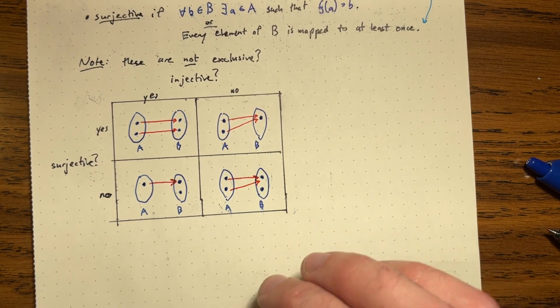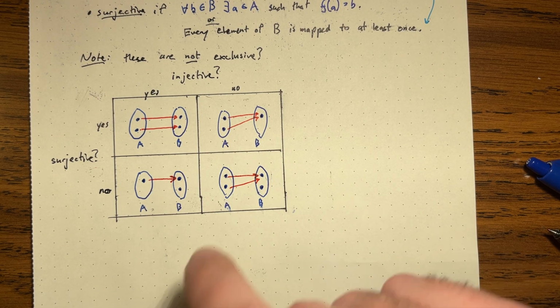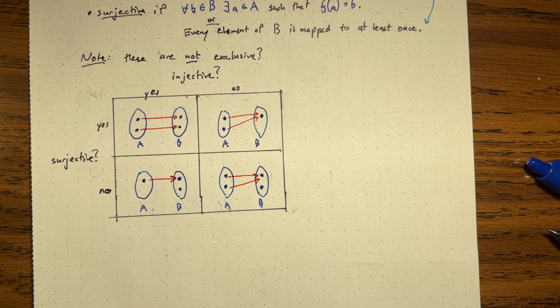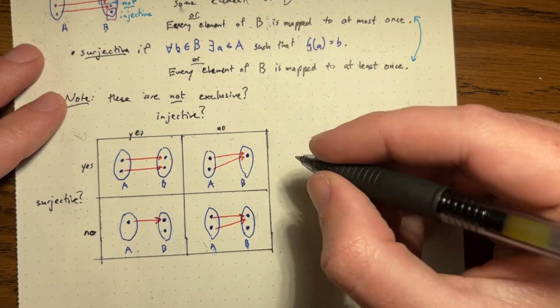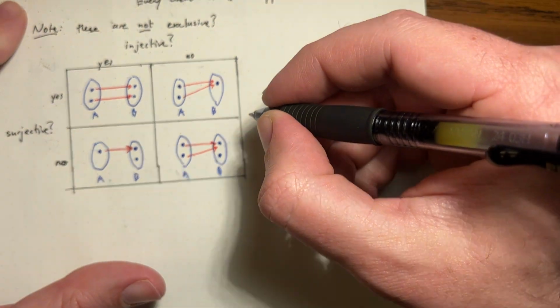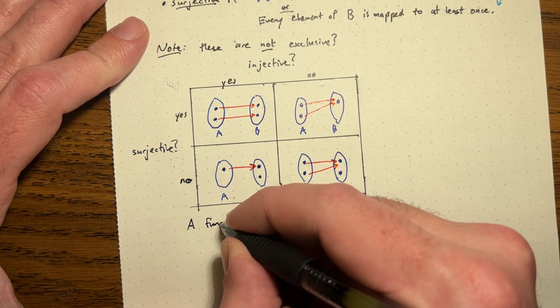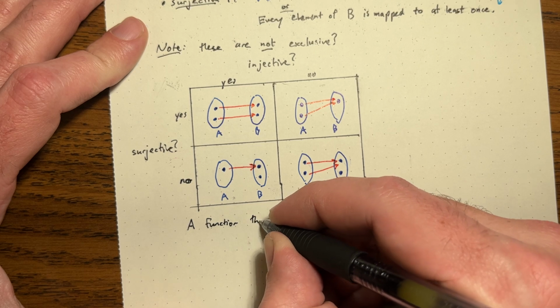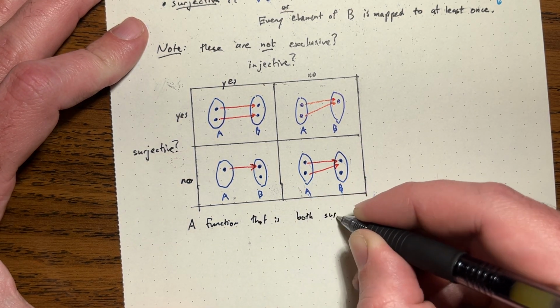It's a good idea to stare at this for a while until you really make sure you understand why each of these is where it is, and try to come up with some examples on your own. But yeah, a function that is both surjective and injective,